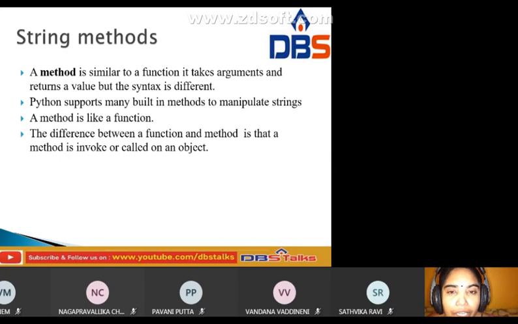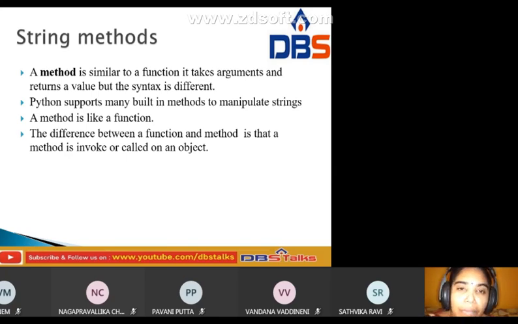A method also takes arguments and returns a value, but only the syntax is different. Otherwise it is similar to a function.